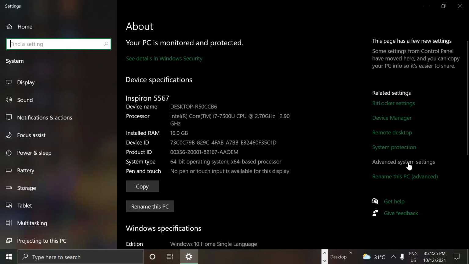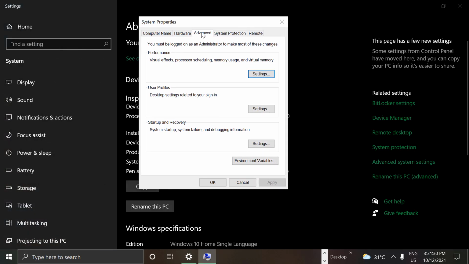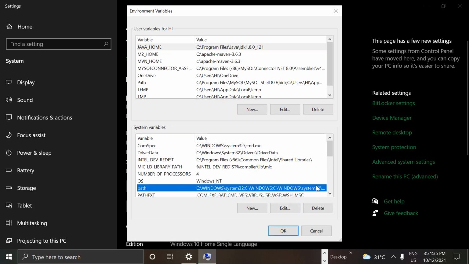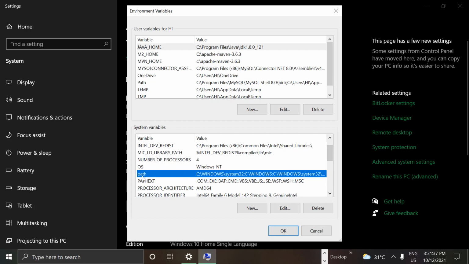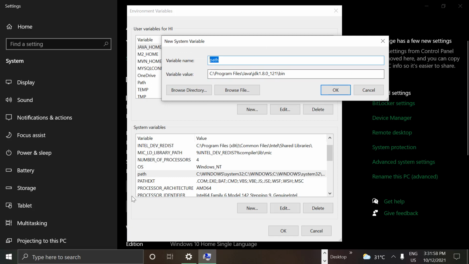Just click on this advanced system settings link, and then go to the advanced tab, which is already highlighted. Click on environment variables. Now path is already there, guys. Suppose in some systems you might not have this path in the system variables, then you need to click on new and then type path here, and in variable value you need to paste the path which is already copied by us. Okay, and then click OK. It works perfectly, guys. This is the way you need to do if you don't have the path variable in this system variables list, if you don't find path here.